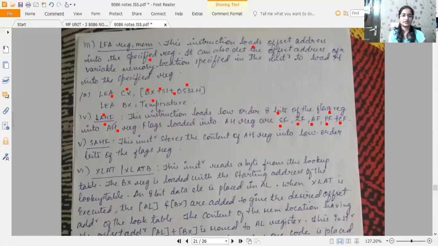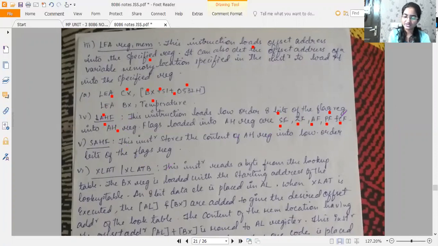If there are empty positions that are undefined or reserved, those will not be loaded into the AH register; they will be left blank. The AH register is 8 bits and what we have written here are only 5 bits, so the remaining 3 bits will also be loaded accordingly.